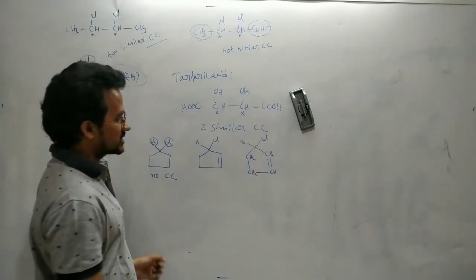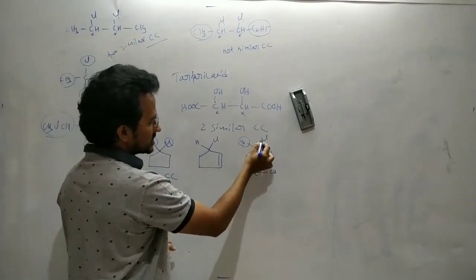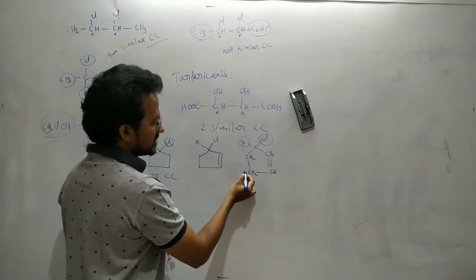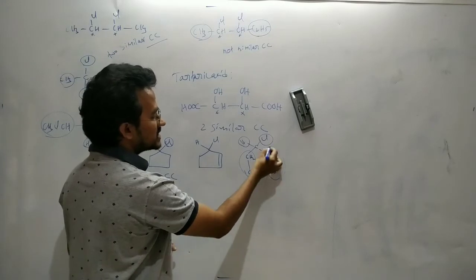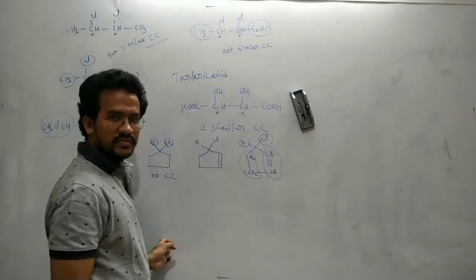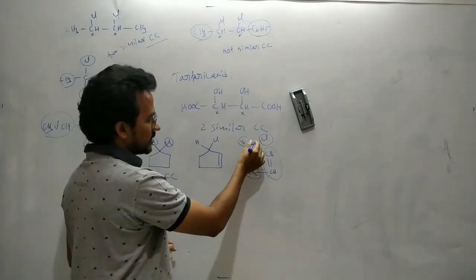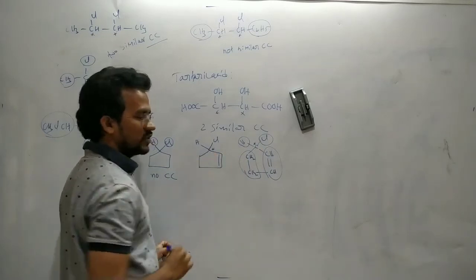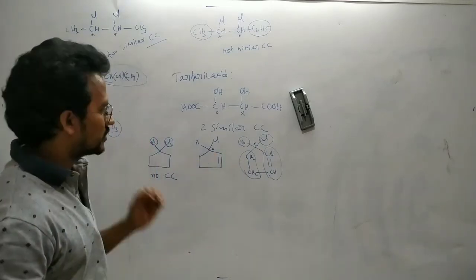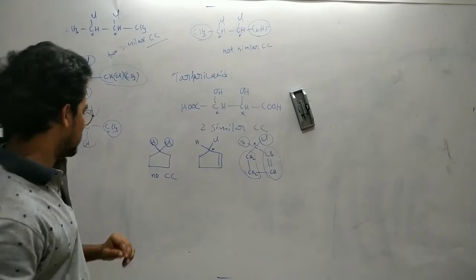Okay. So in this case, this carbon is attached to hydrogen, chlorine, CH2, CH2, a CH double bond CH. So here it is a chiral carbon. This one has 4 different groups, so that is a chiral carbon.